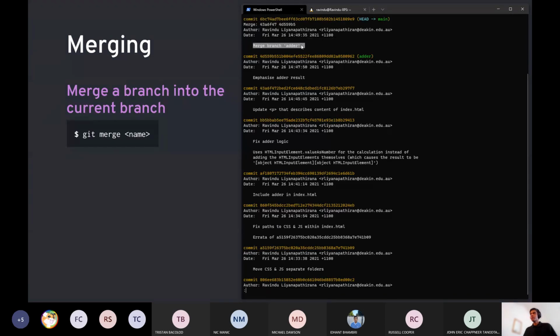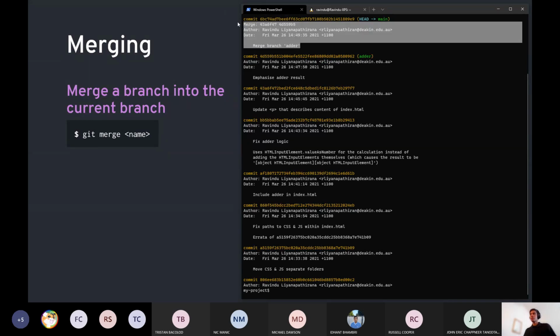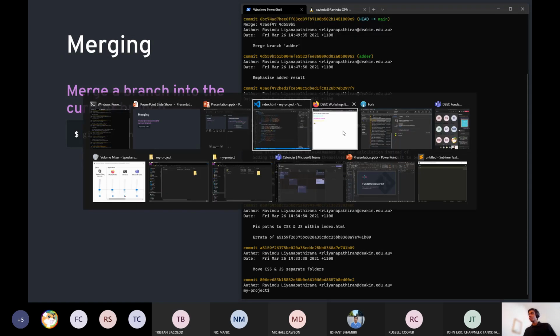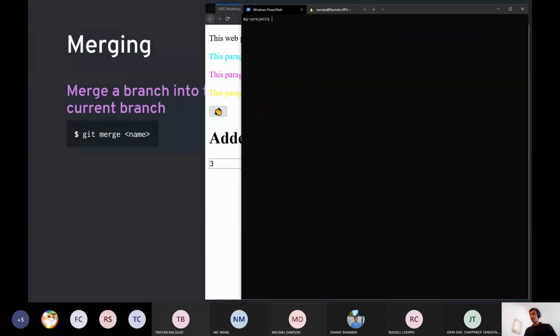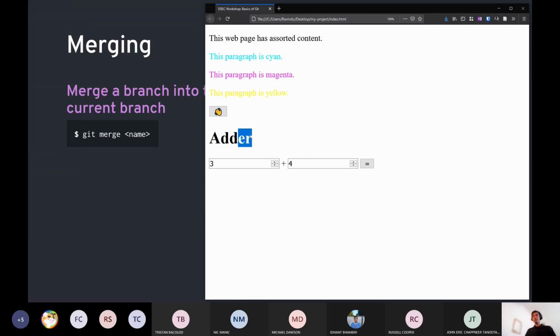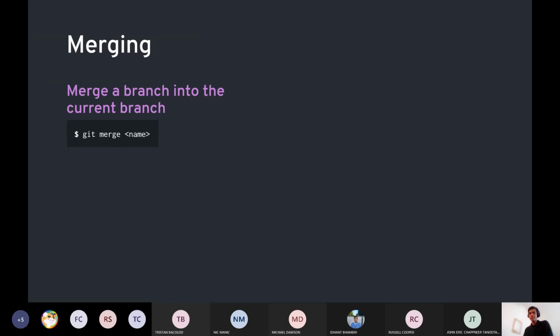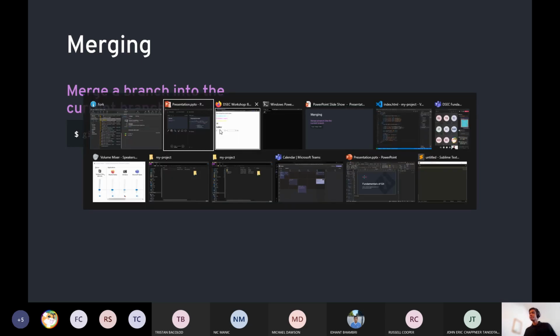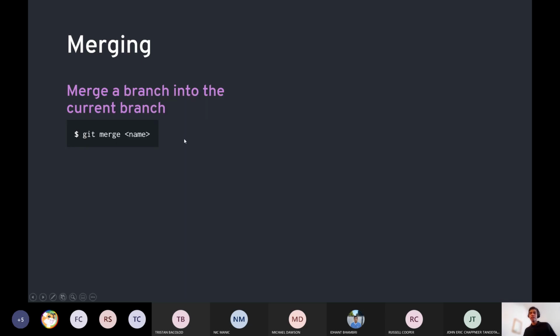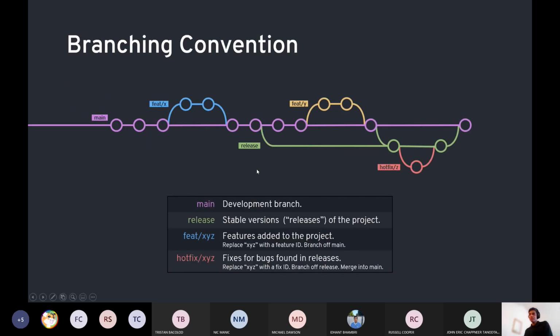You'll notice that there's what's known as a merge commit that Git automatically makes when you merge stuff. But now you'll notice that we're on the main branch. If I do git branch, it says we're on main, but the changes that we did in the adder branch actually appear here as well. So that's how you'd branch off of the main branch in Git, and how you'd actually merge them into another branch. Does that make sense?